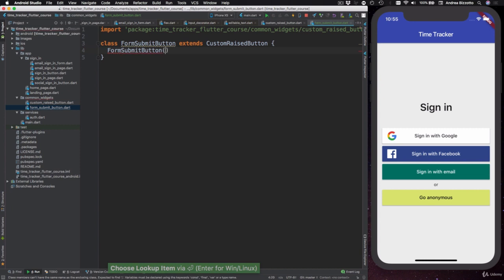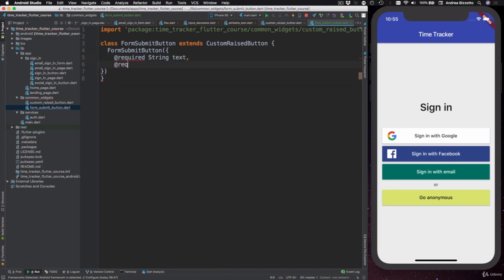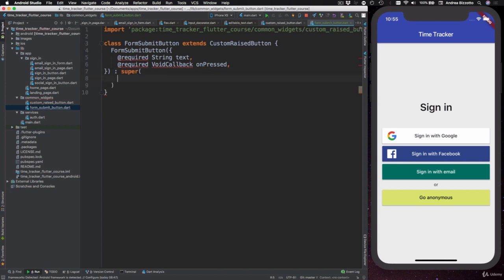FormSubmitButton, and this is going to take a couple of properties. Both are going to be required, and the first one is a string text, and the second one is a required void callback on press. Then what we do is call this super constructor, and in here we're going to pass in a child which